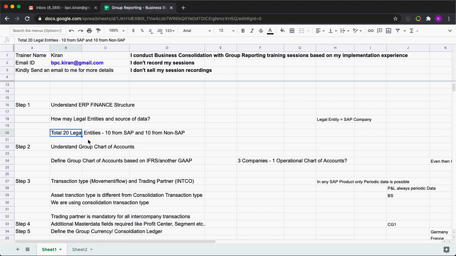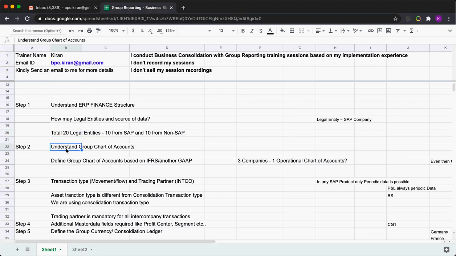And also mention a small clarification on how it will be different from the cloud one. The cloud one is maintained by SAP itself, so they will give you some information. Let's say they will share some Excel files, or they will give some apps where you have to input your financial statement items and master data. But on-premise, you are the person who is going to implement, so you have to gather the business requirements. Cloud is already configured and maintained by SAP.